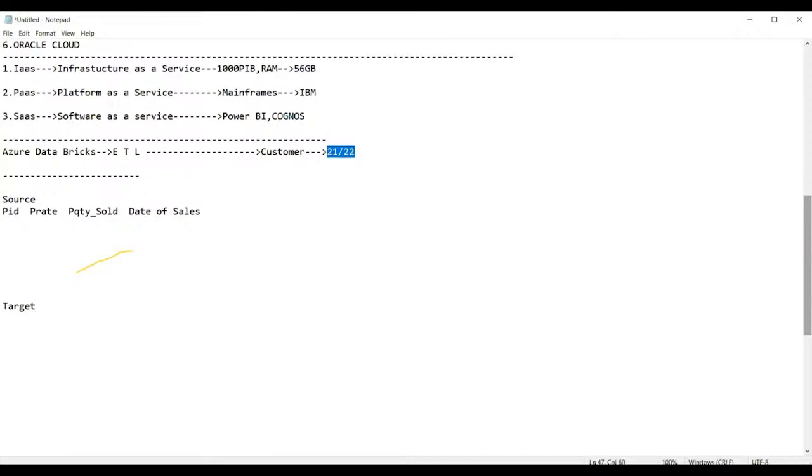So, first of all, to report this to the customer, you require the source, consisting of the following information: product ID, product rate, product quantity sold, date of sales.